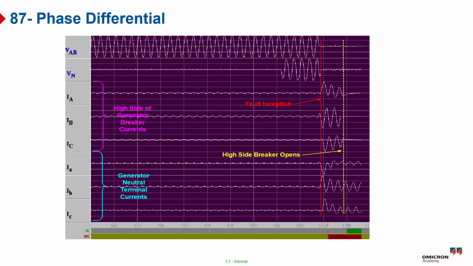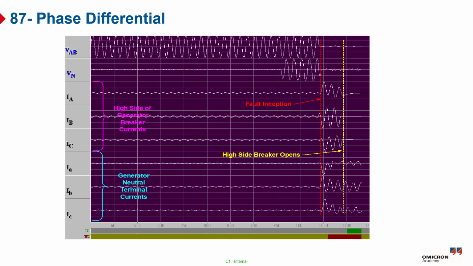As we can see in this figure, even after the breaker opens and the field and prime mover are tripped, current continues to flow for a short period. And this happens because the generator magnetic field and rotor inertia don't collapse instantly, as we said. So the machine gradually slows down and the current decays until it comes to a complete stop. So you can see from the figure here is the fault inception, and the high side breaker opens and the